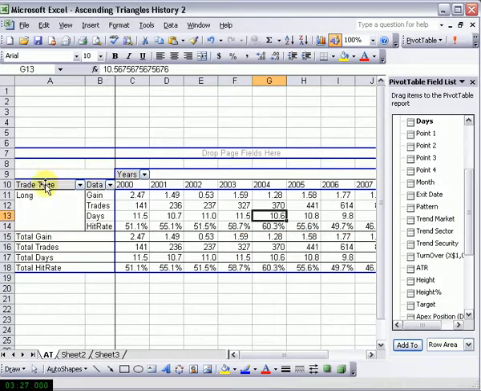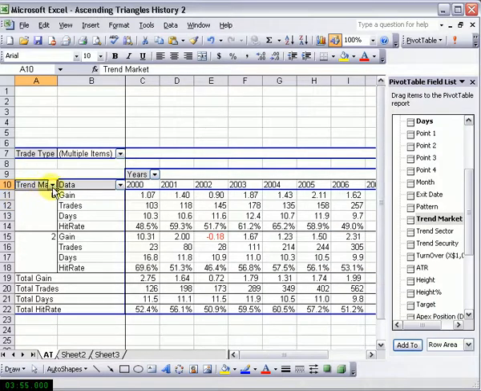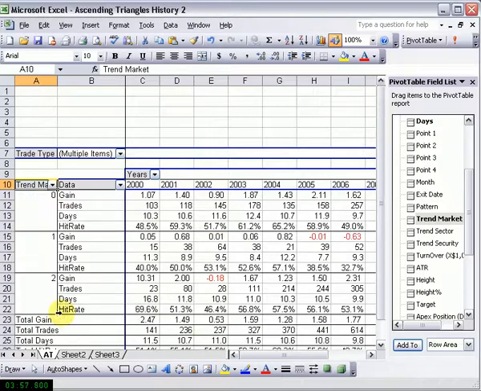Turn off the short patterns, and we're just going to put this up the top here, which means that we're now looking at the long trades. Now one of the first things we want to see is the trend of the market. It would make more sense that when the markets are up, ascending triangles perform better if we're trading on the long side. So let's take a look at that and see if that plays out. We simply drag from the left hand side over to the right, and we take a look at all the patterns. Now here 0 stands for sideways, 1 is down and 2 is up, and so we move across